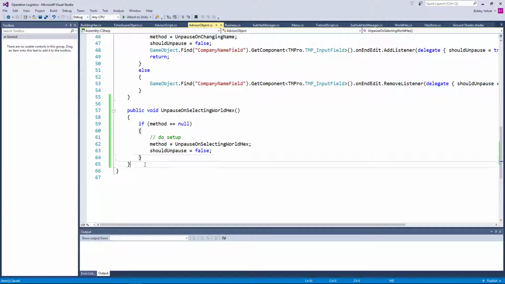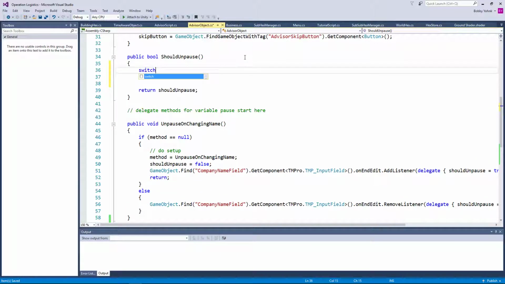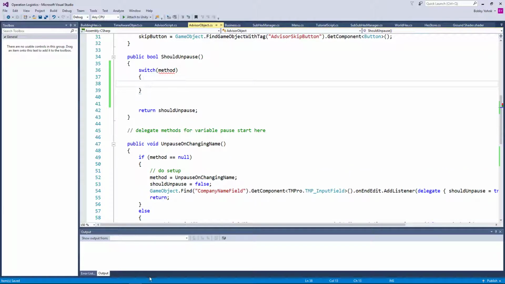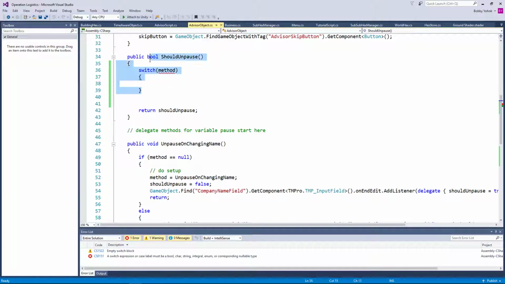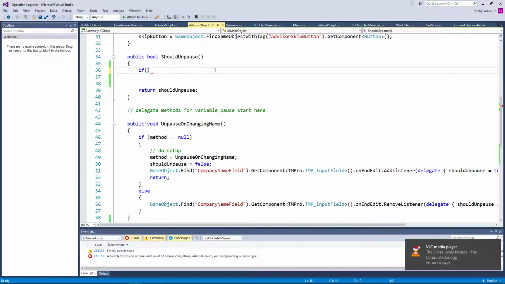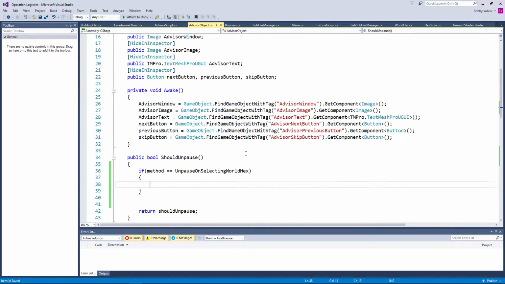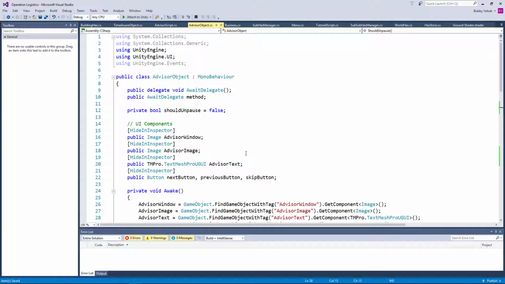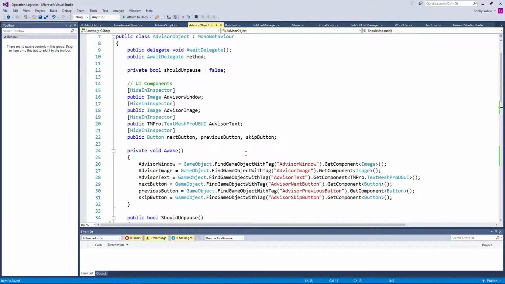I mean, we could have something like a switch statement in the should unpause. Switch, and this would be method. Can we do a switch on that? Must be a bool, char, string, integral, enum, or corresponding nullable type. Nope. If method equals unpause on selecting world hex. Yeah. Okay. This doesn't currently know about the